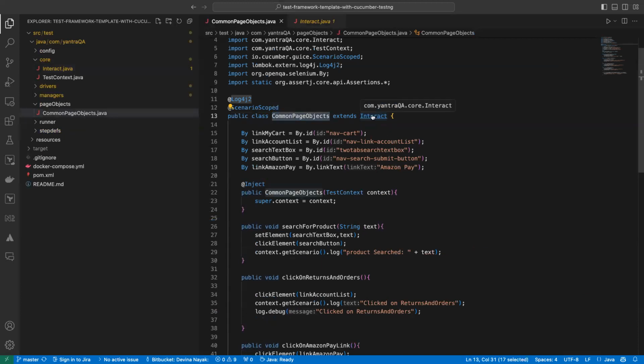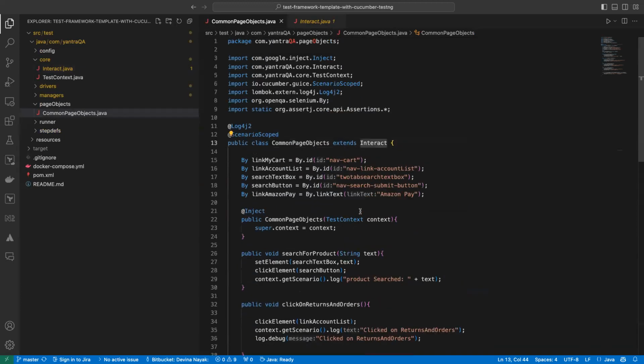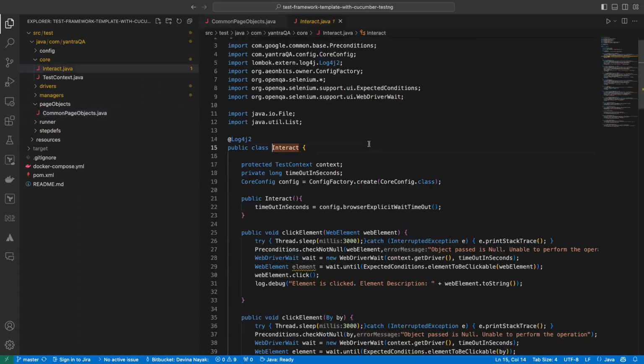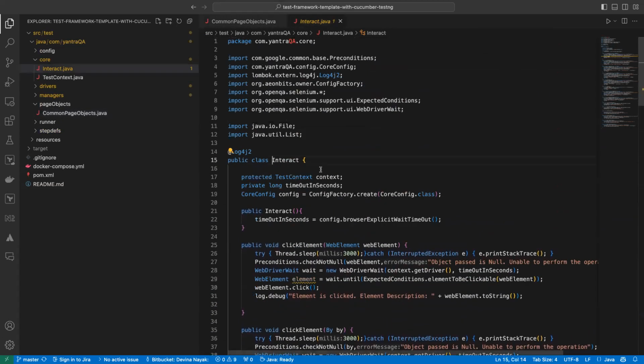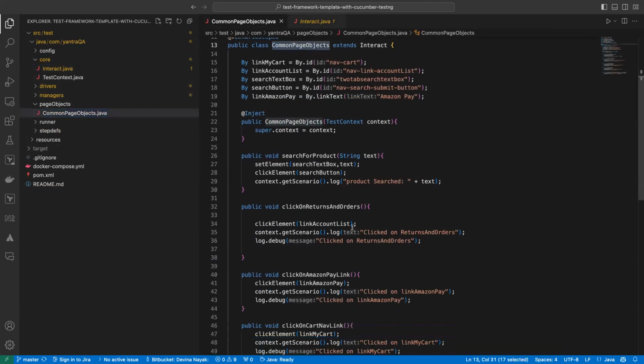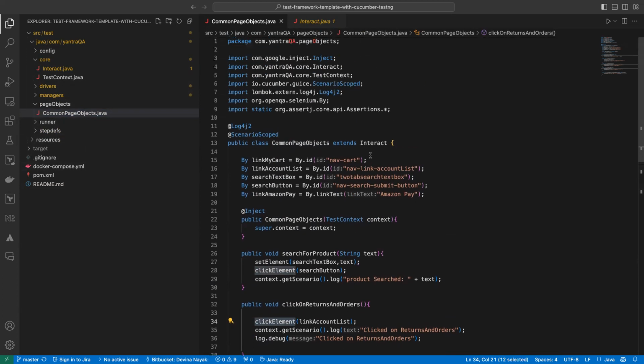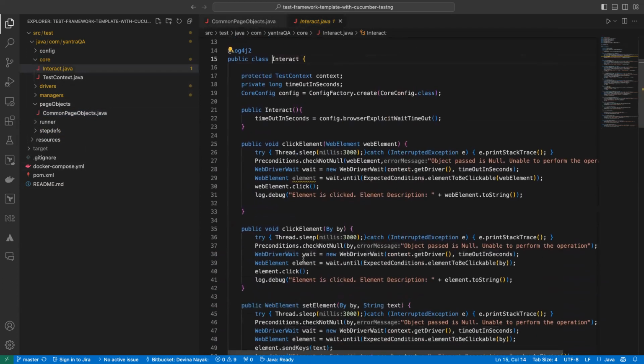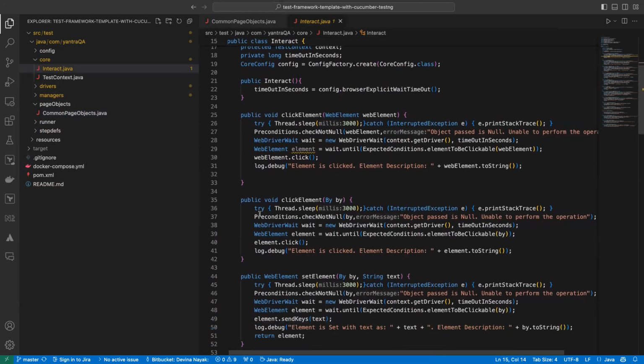Then all the methods which are available in interact will also be available in your common page object. So that's the reason I have these reusable methods, and no matter how many page object model files I have, I can use the same methods. And the good thing is the methods come ready with everything you want to do. So before you do the click,